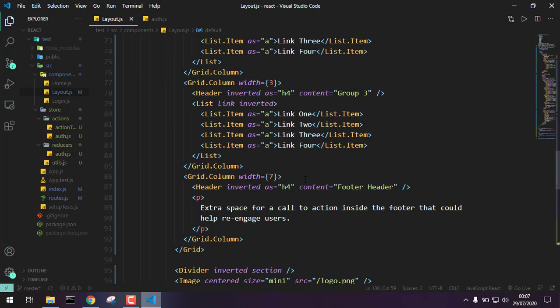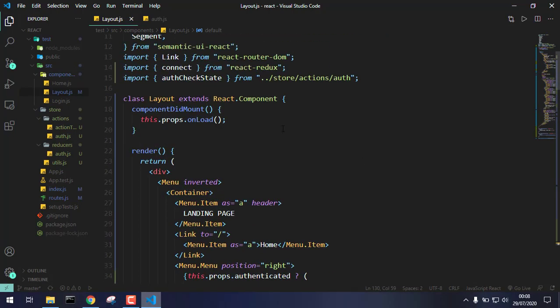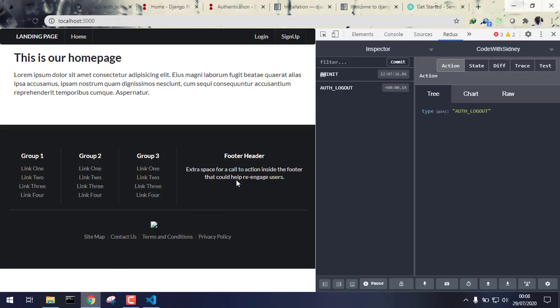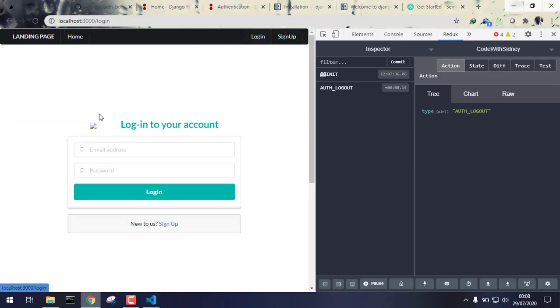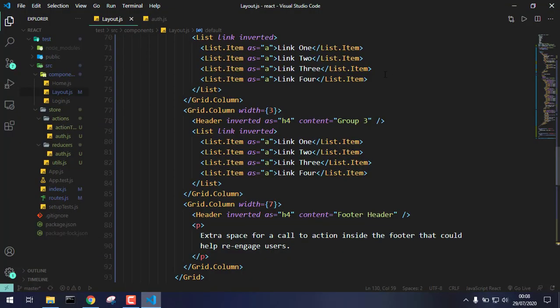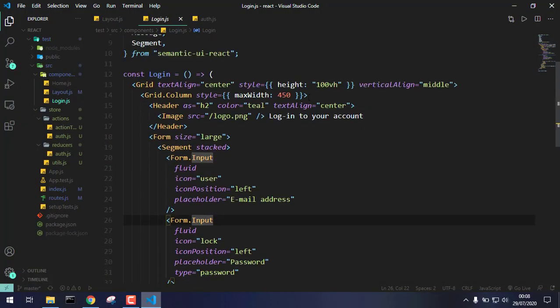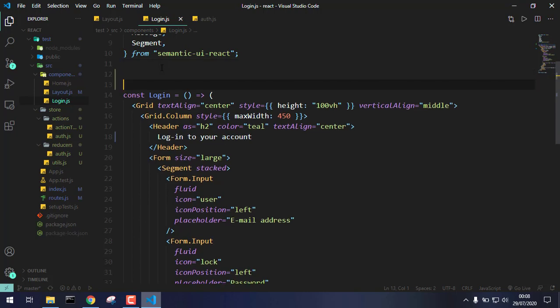So that will do it for our layout. Now what we need to do is set up the login page, so that when we log in right here, we can send that data to our backend and log us in. Now let's go to login, and first thing I'll start by removing that and converting this to